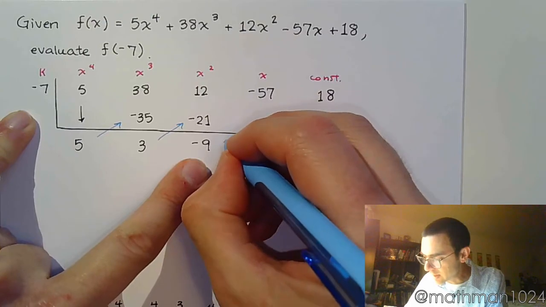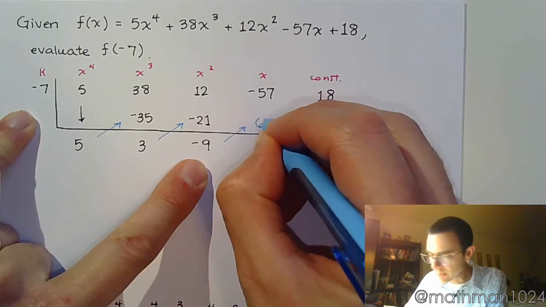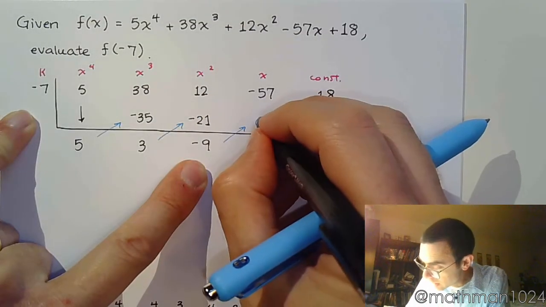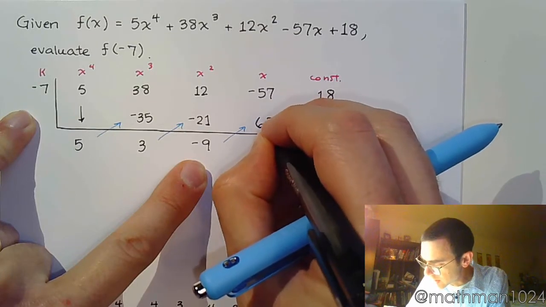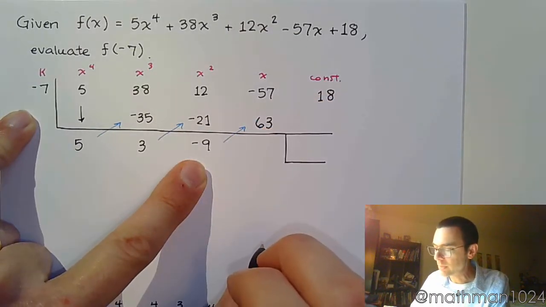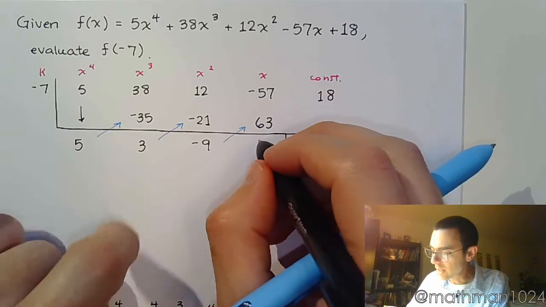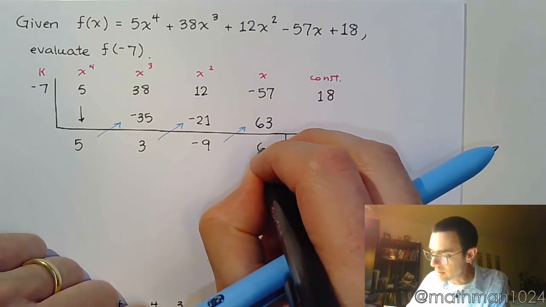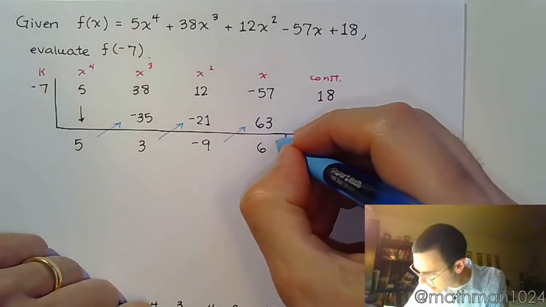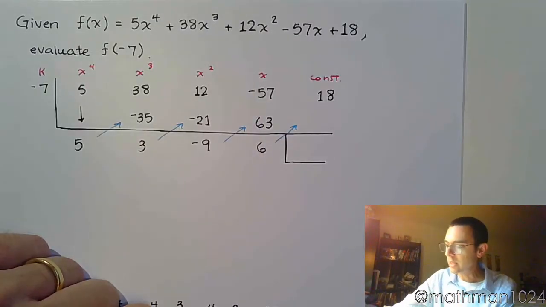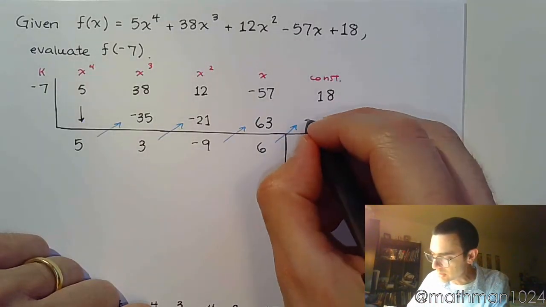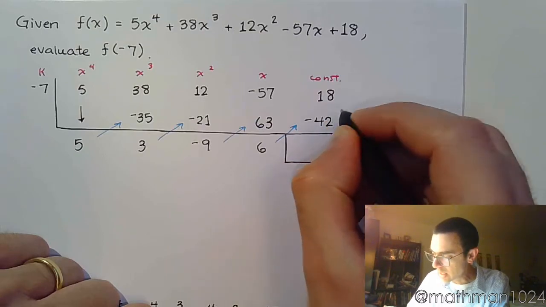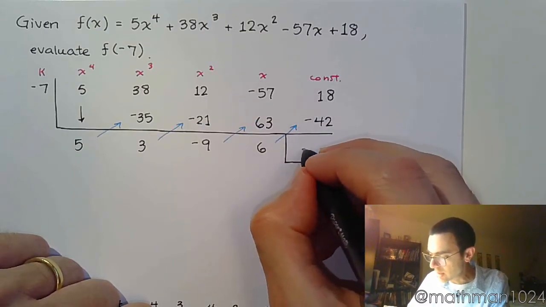Multiply this -9 times -7, so that's positive. Oh, forgot to change my color. That's positive, there we go. 63, no one's ever going to know. -57 and 63 is going to give me 6. Multiply times -7 one last time is -42. And you combine these guys and you get